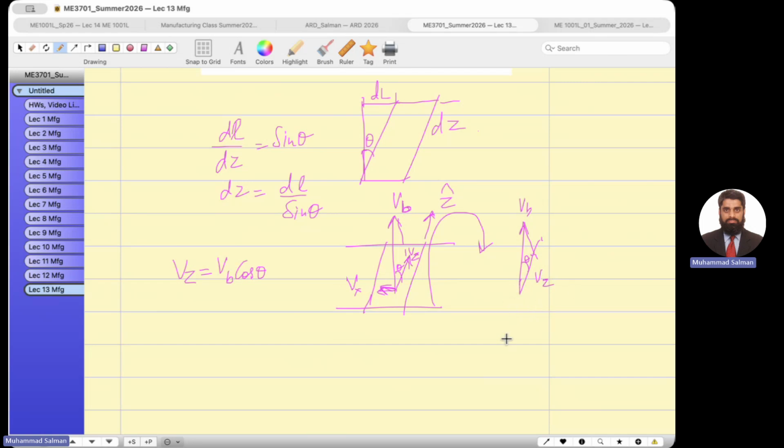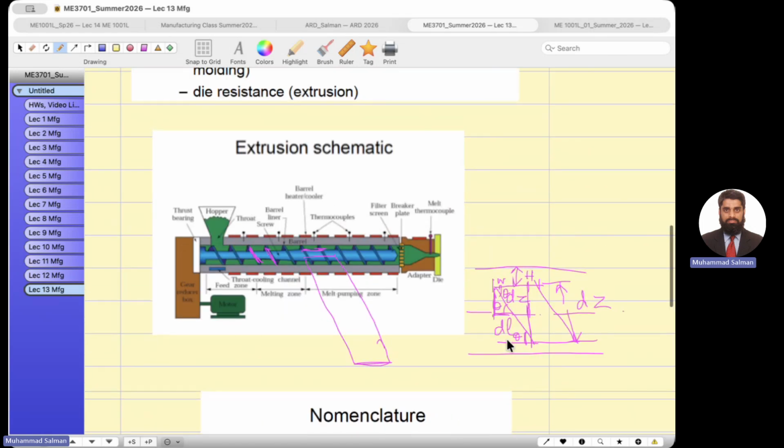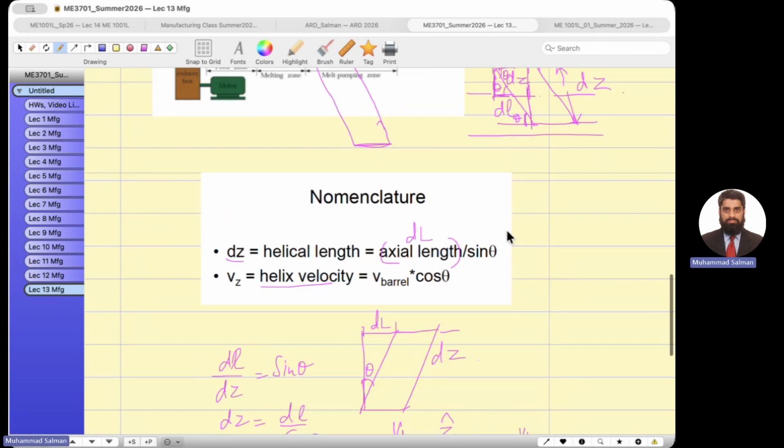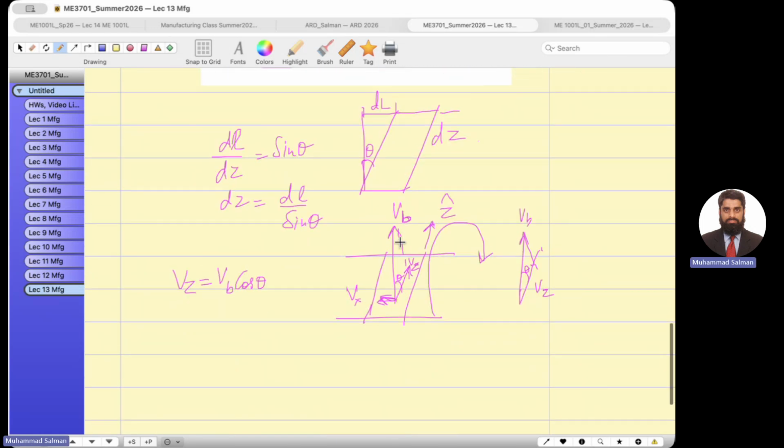This is the Vz. This is the velocity which is also known as the velocity to push the pellets forward. And Vx, that component, the barrel which is rotating, is also doing the velocity in this direction, which is also known as